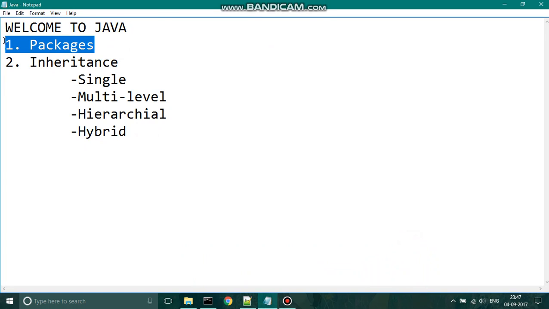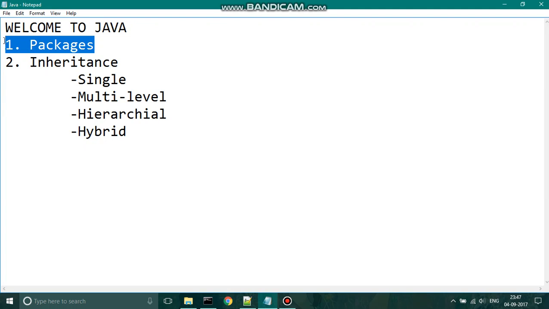We need to put related class files in the same directory, give the directory a name that relates to the purpose of the classes, and add a line to the top of each class file that declares a package name. There are two types of packages in Java, predefined packages and user-defined packages. Predefined packages are those that come along with the Java IDE, such as java.lang package, java.io package, java.util package, etc.